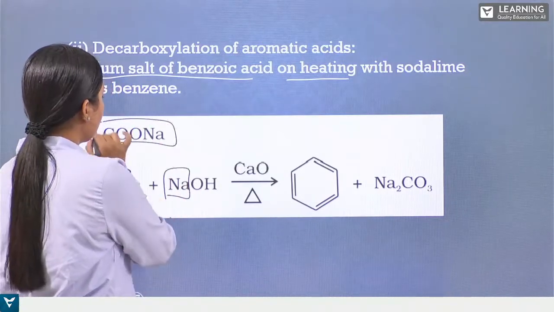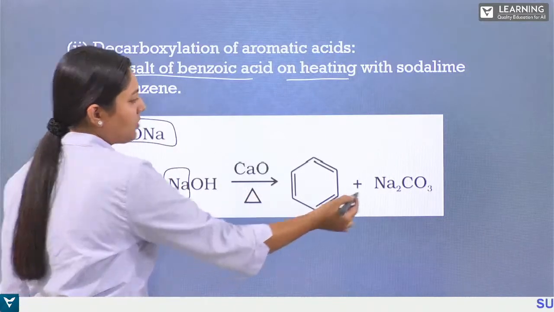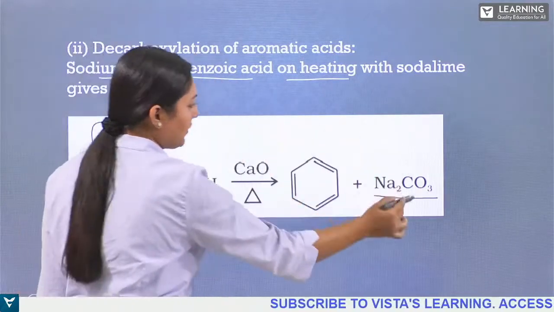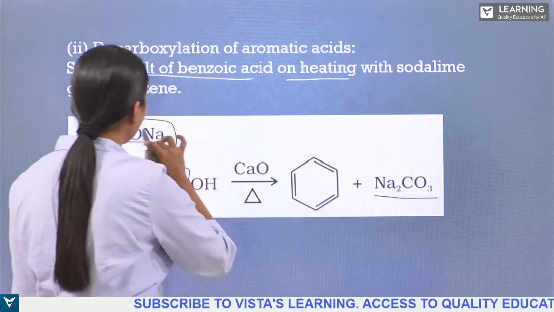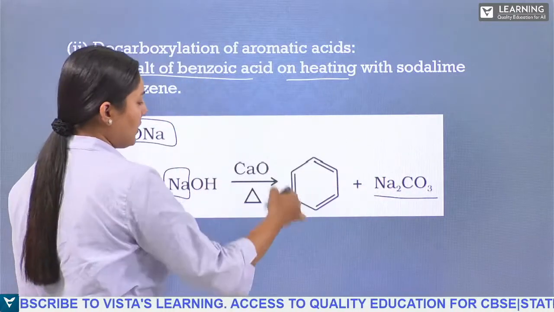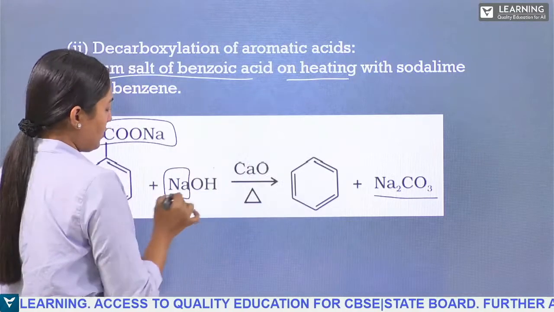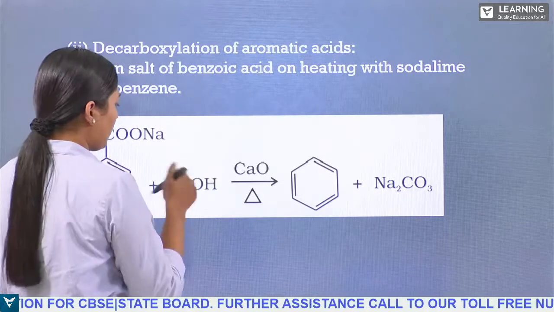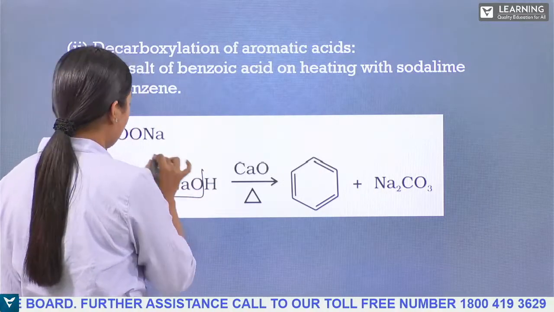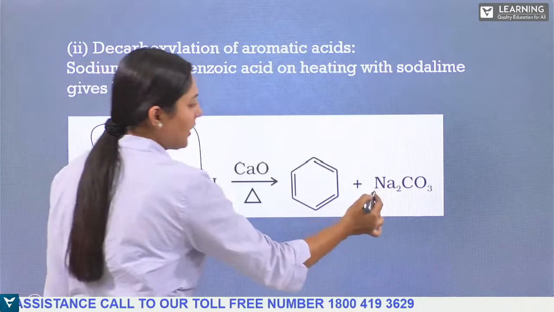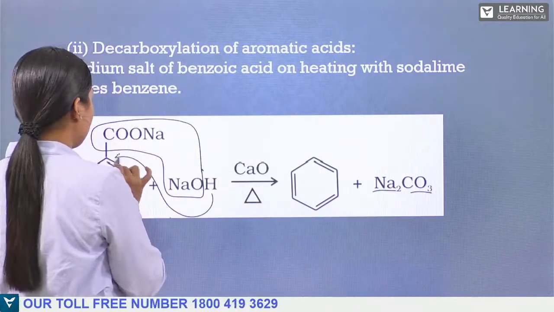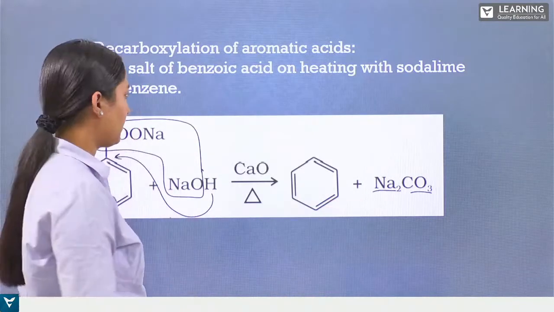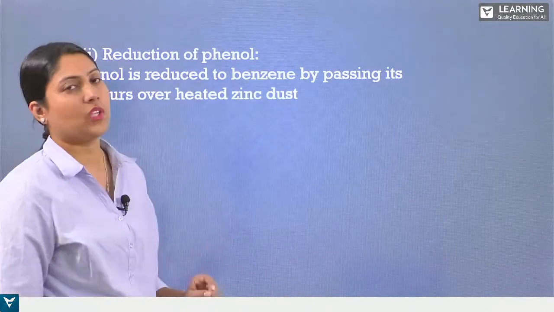will go with this to form sodium carbonate. So you can see here Na2, one carbon atom, and oxygen will go from here, we get CO3. So one benzene ring has been formed, and hydrogen. What happens here? This will give Na2CO3, and this hydrogen will be attached here, forming benzene with sodium carbonate.